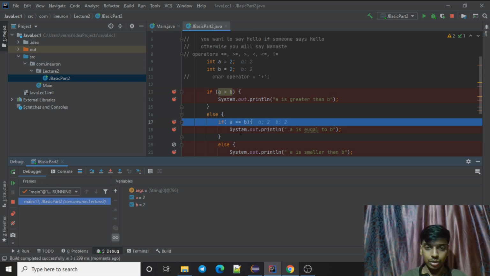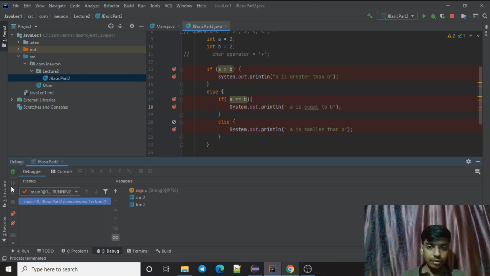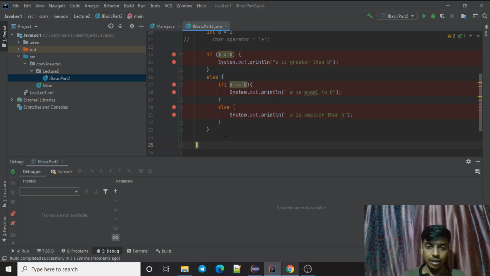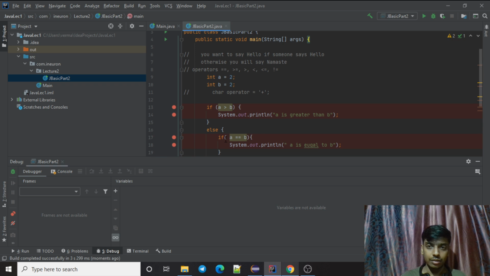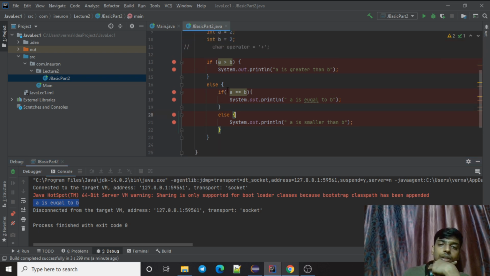As you can see, it jumped to this. Then because this is true, it will come to this point and it will not go to there, right? When it is printed, it will jump out of the if statement basically here, and then there is nothing inside this, so it will come here and end this code. So that's how the program pointer, or program counter, works, right? So I think this is called nested if else.